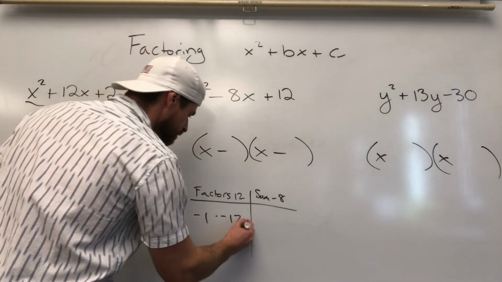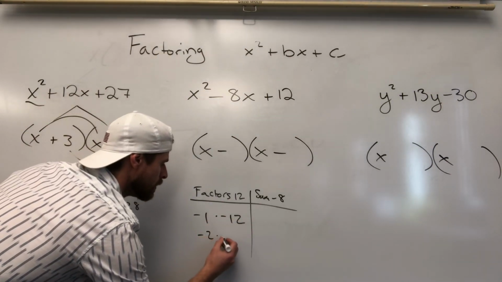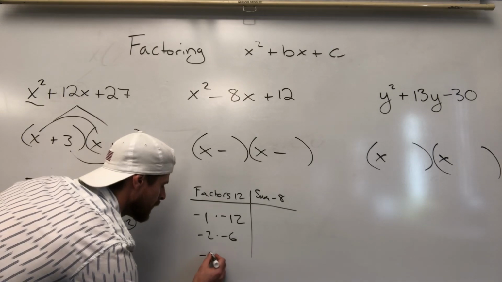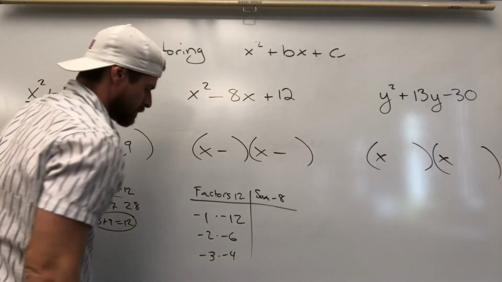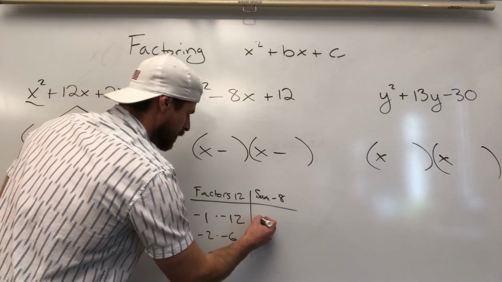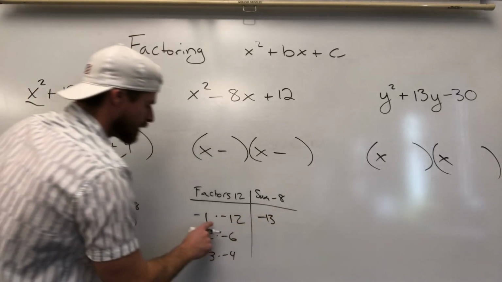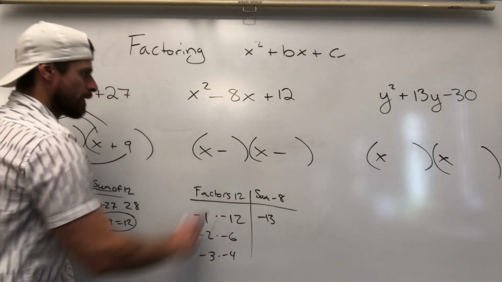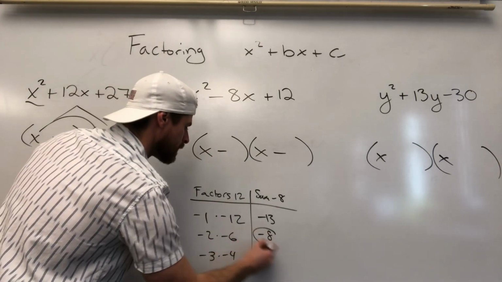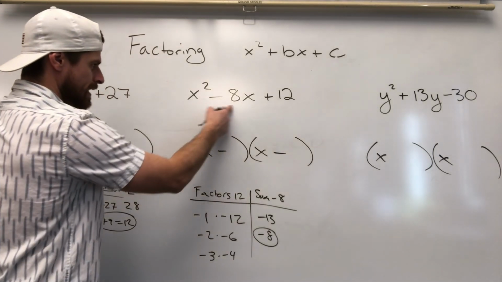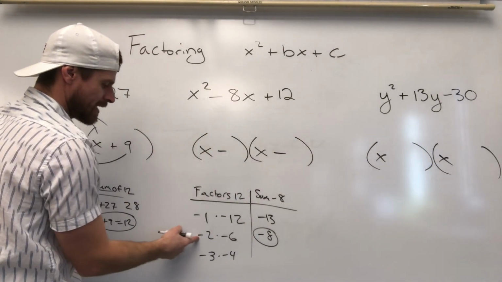1 and 12, I can go negative 2, negative 6, I can go negative 3, negative 4, and that's all of them. So now I just go and I add these values together. Well, I can get a negative 13 when I add a negative 1 and a negative 12. That's not what I want. I could get a negative 8. Done. Found it. So this term's going to come from a negative 2 and a negative